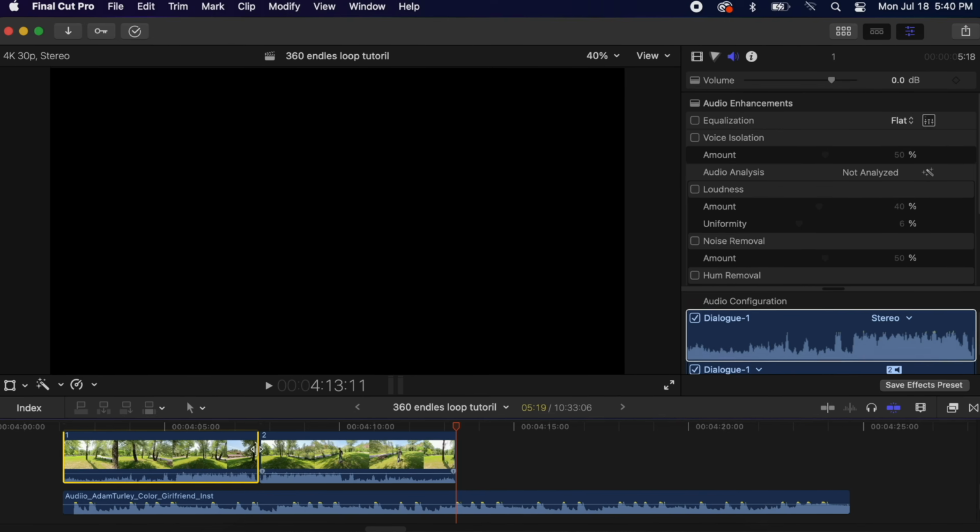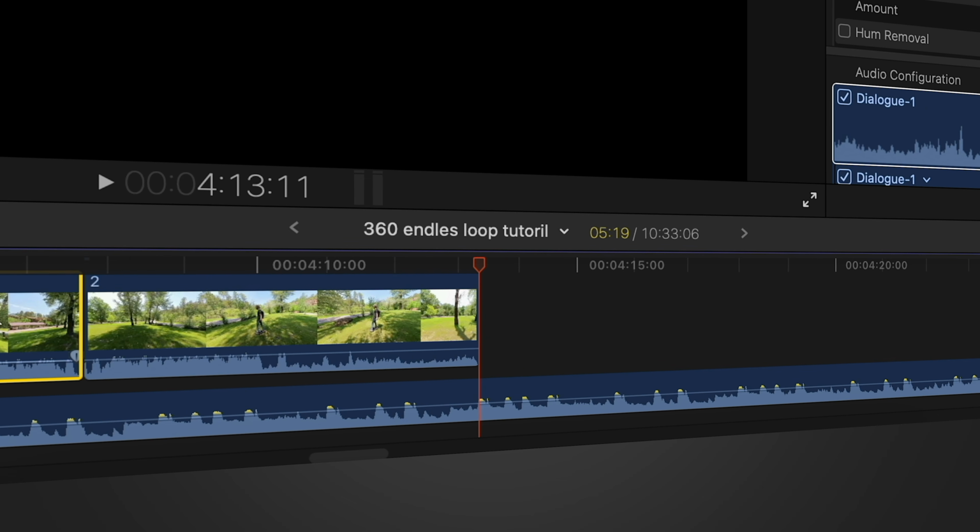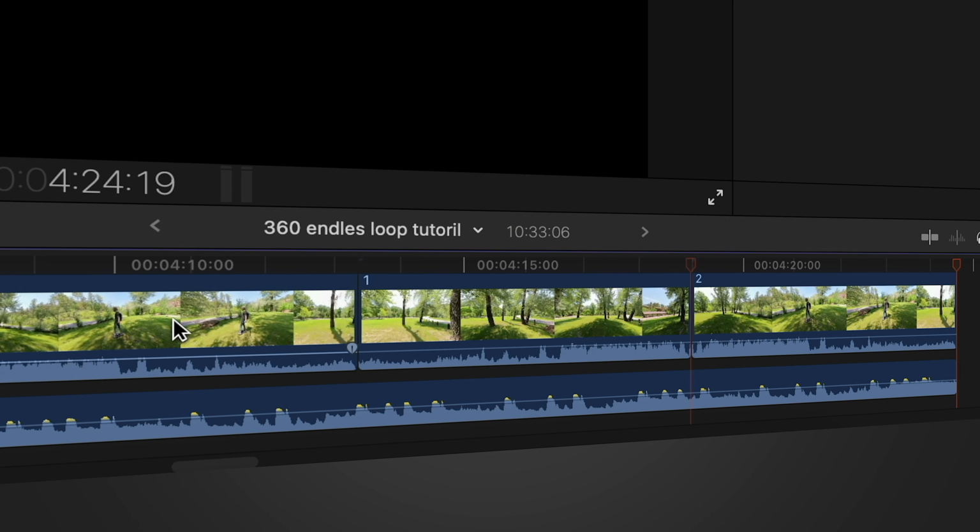If you really want this to seem like an infinite loop, finding a piece of music that also loops, or at least can be trimmed down to where you can't tell when it starts over, is a great way to make it feel like it just continues on forever. You can also copy and paste these clips in the timeline